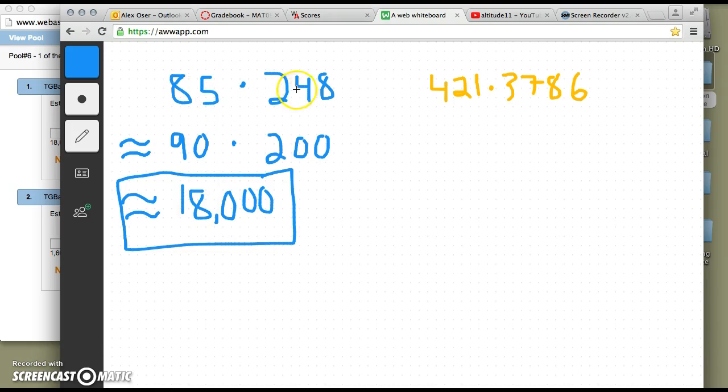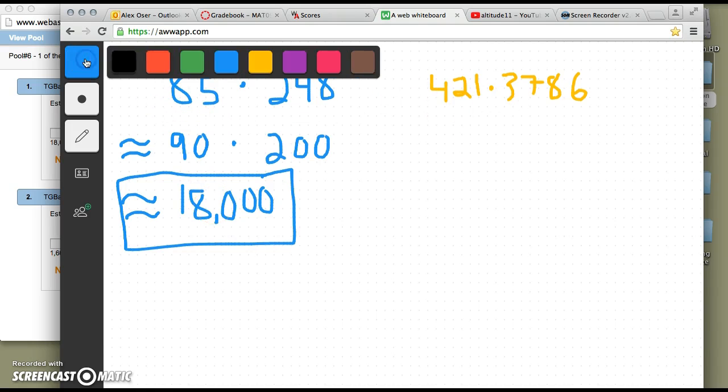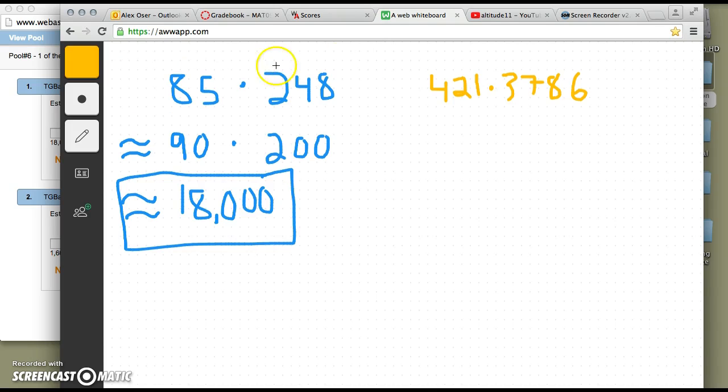So 85 times 248 is approximately 18,000. We can do the same thing over here for our other estimation of a product problem. Here we have a number that is in the hundreds, so let's round it to the nearest hundreds. Rounding 421 to the nearest hundreds gives us 400